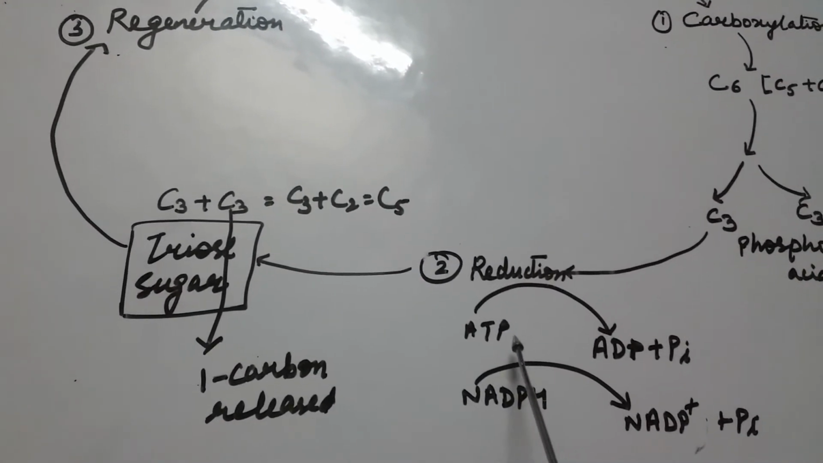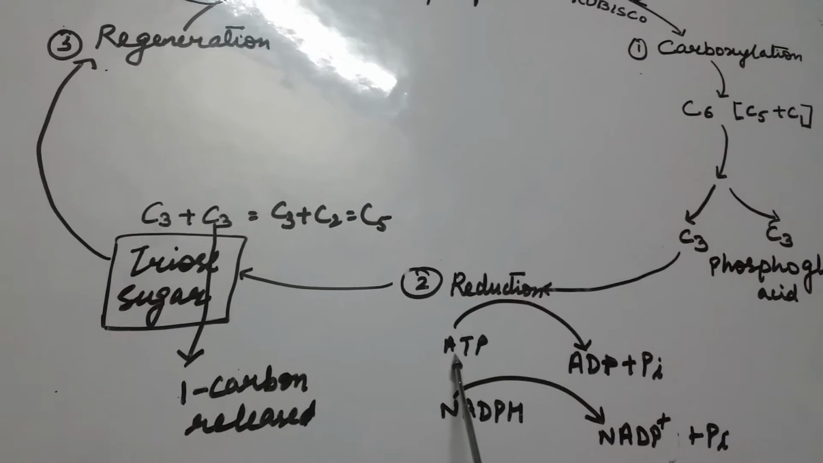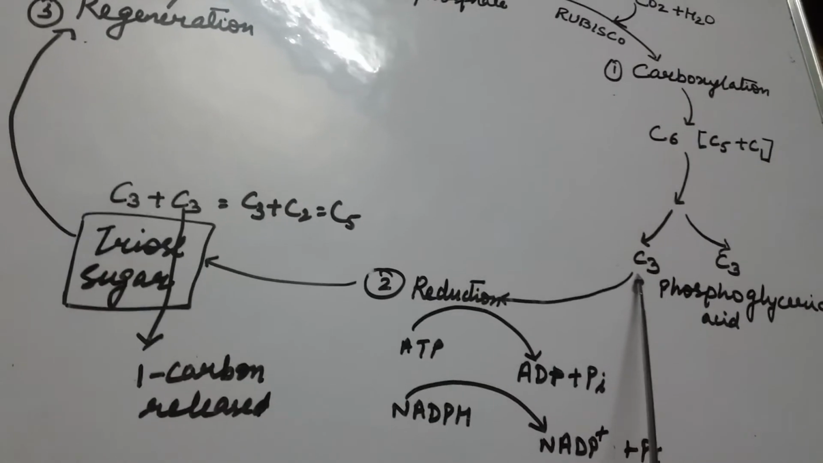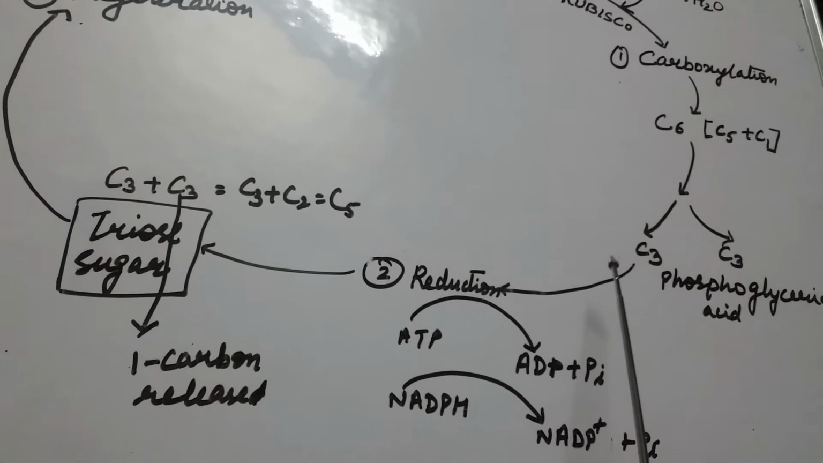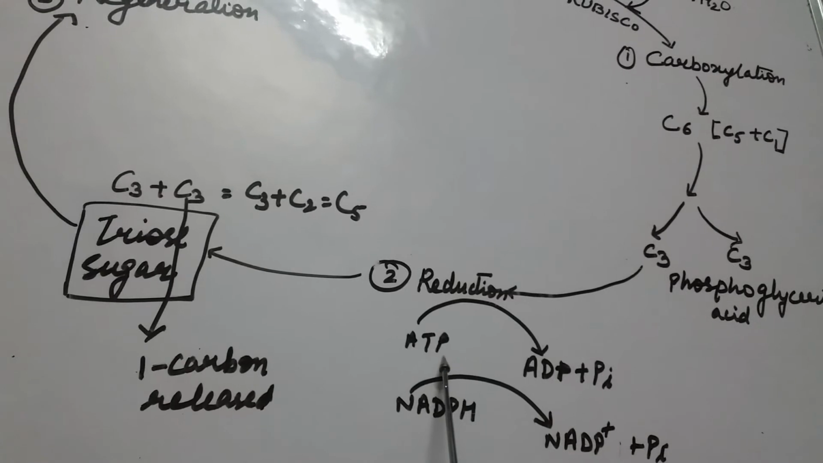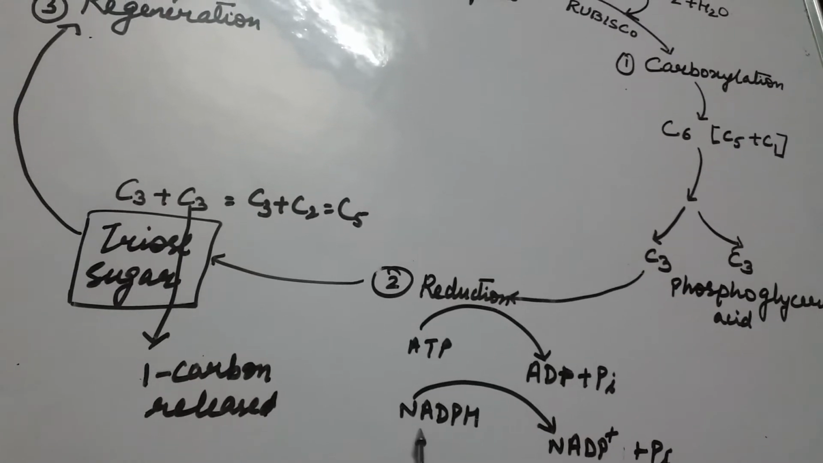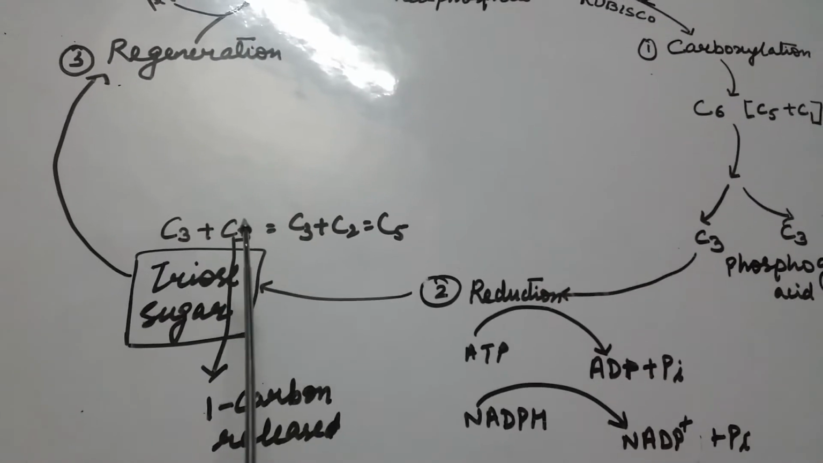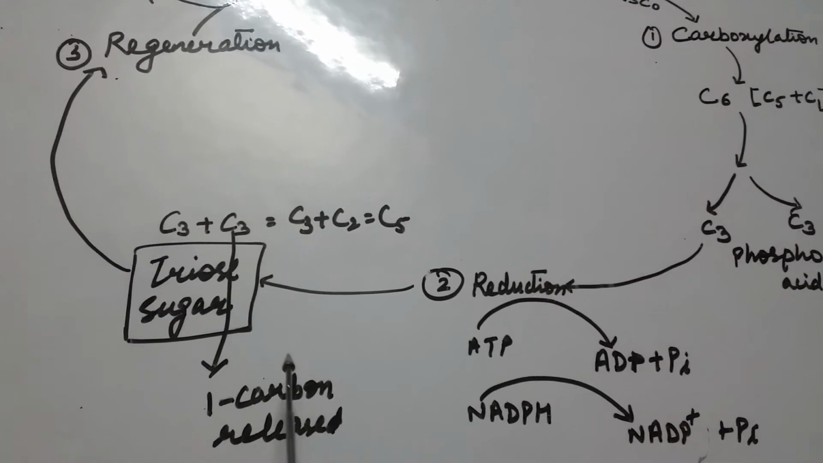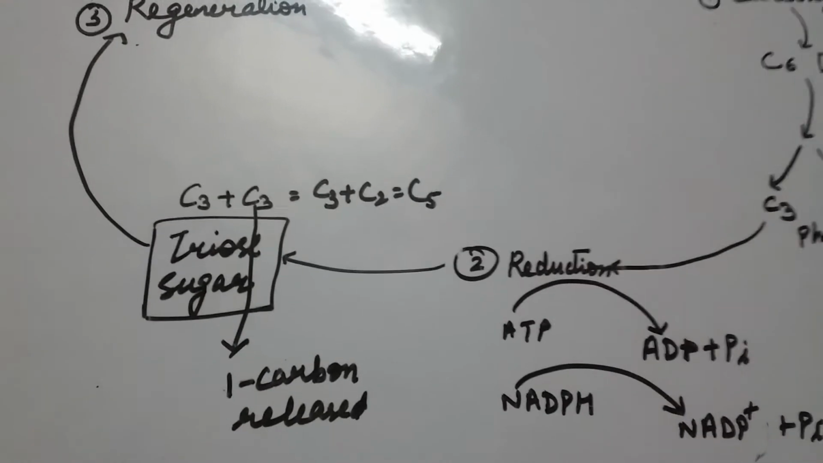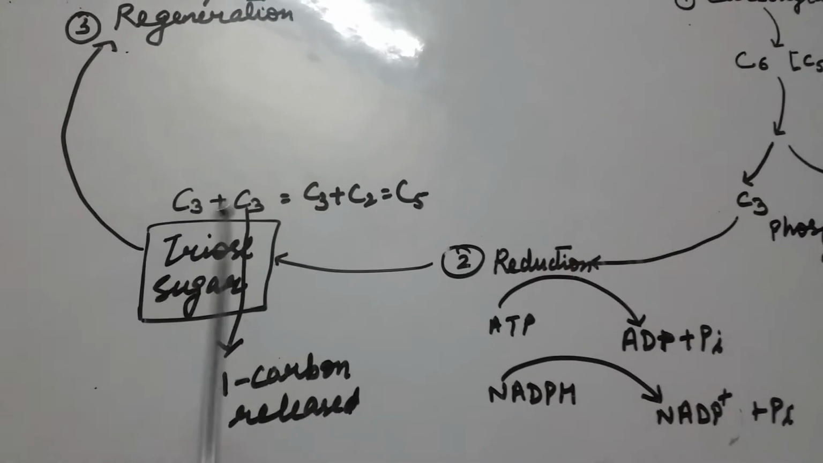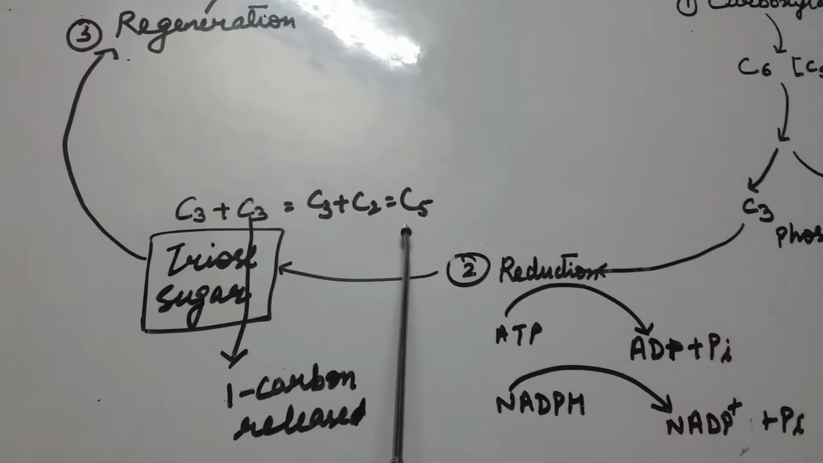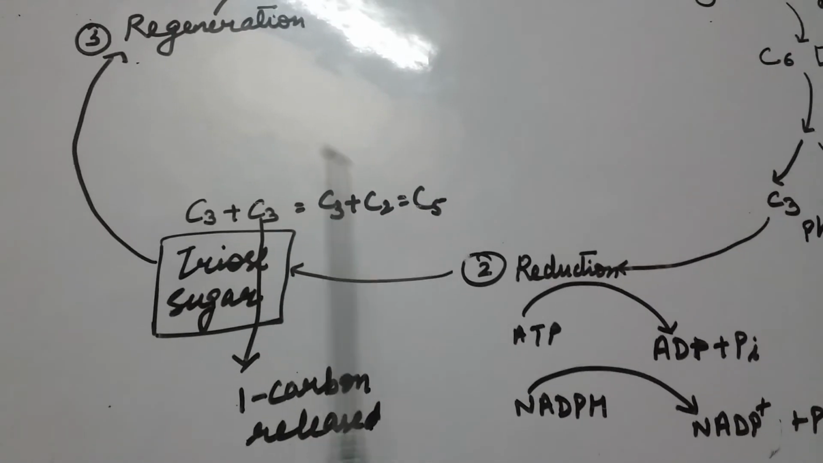In this reduction process, one ATP is used per glyceric acid or per C3 molecule. So therefore, we will be having 2 ATPs here and 2 NADPH formation here. Thereby, with the production of one carbon at the triose sugar stage, since one carbon is removed, the compound will be formed as C5, which undergoes the